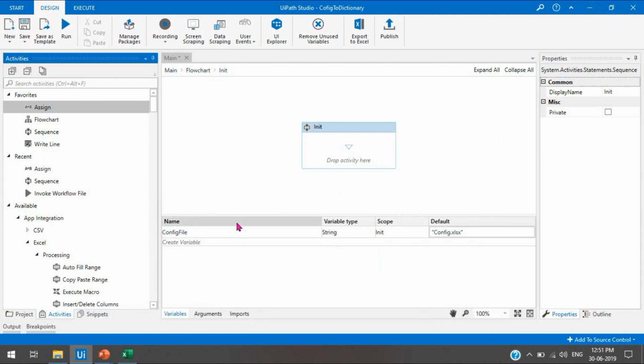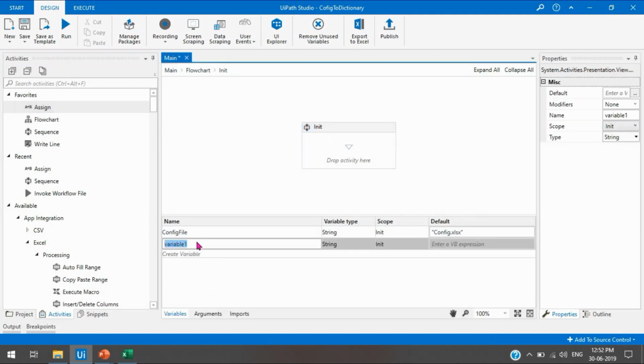So here, either the same thing, you can write here the config sheet name and pass the sheet name in double quotation marks as Master, or you can take a variable, you can take an Assign activity and then pass the value there. So again I'm just showing you here, config sheet name, and that is Master.